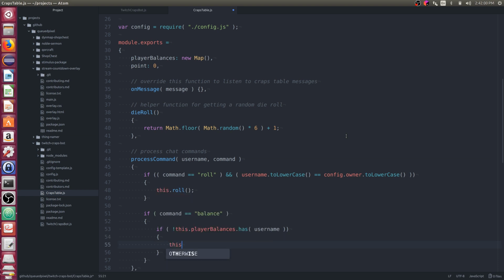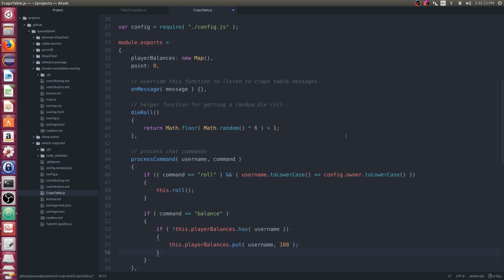I will say this dot player balances dot put username comma, I don't know, let's start with 100 as a minimal starting balance for players, and we'll see how that goes. So if they don't exist, we add it.